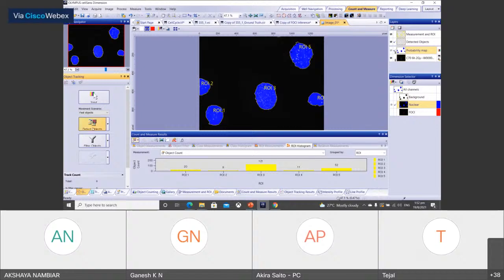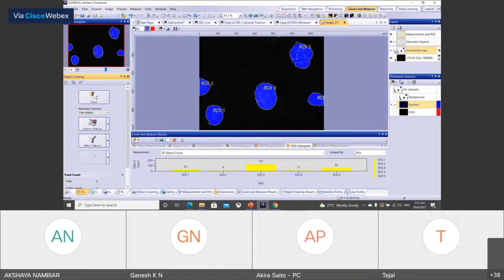So first it needs to identify the objects, and then, if necessary, you filter the objects, and then you choose which tracking algorithm you would like to use. I mean, is it moving fast, or is it dividing, or such kind of thing?